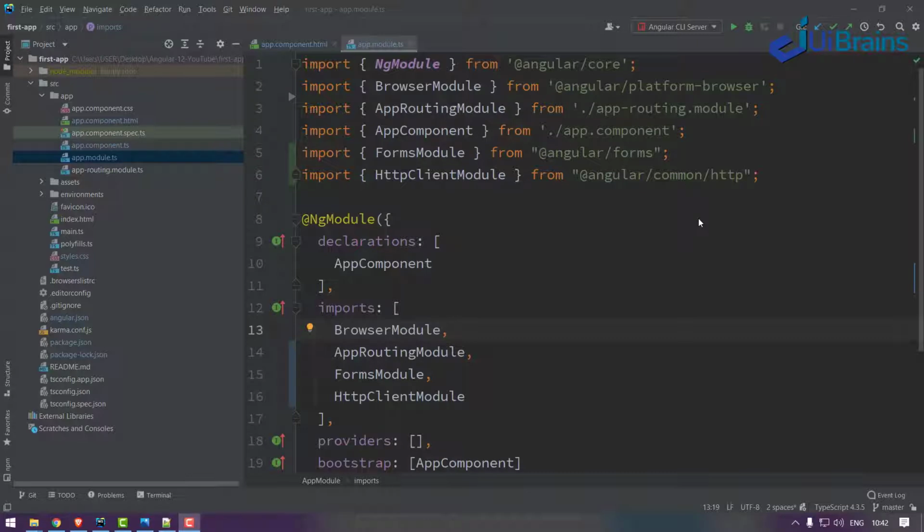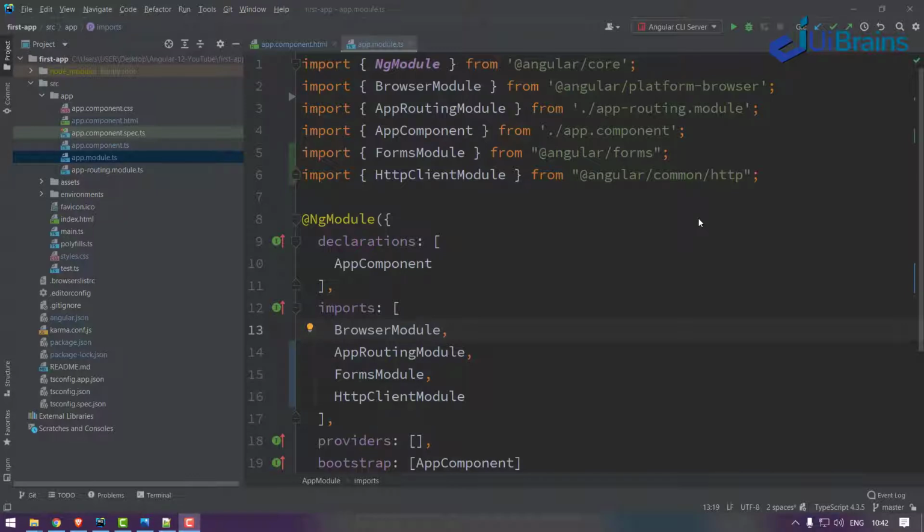So in the last video of Angular, we discussed Angular services and also observables and how to handle errors when you are fetching data from the server, right? So we understand that part, and based on the concepts we have understood so far, in this video we are going to develop a new application.